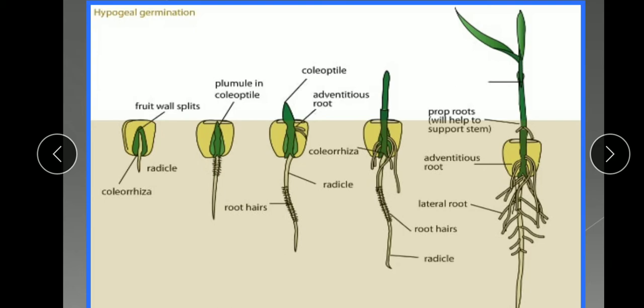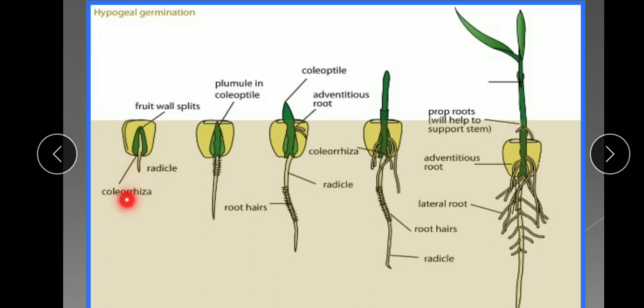So here in the maize grain you have studied that the plumule is covered by the outer external sheath that is known as the coleoptile. So the plumule which is present in the coleoptile grows, okay, because the epicotyl grows first. So the plumule comes out of the coleoptile and grows straight upward, and downside we will see the growth takes place in the radicle. So here first the growth takes place in the radicle.